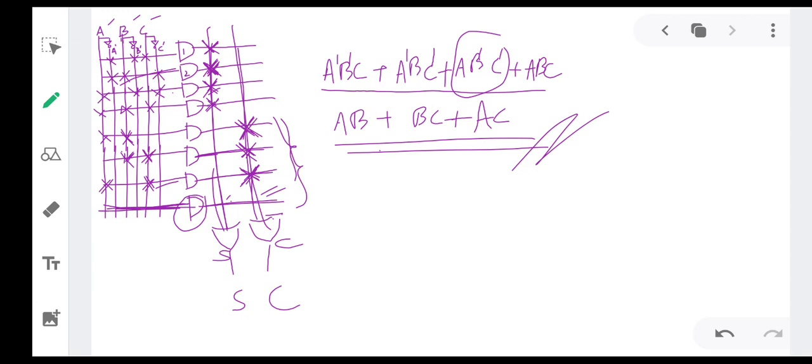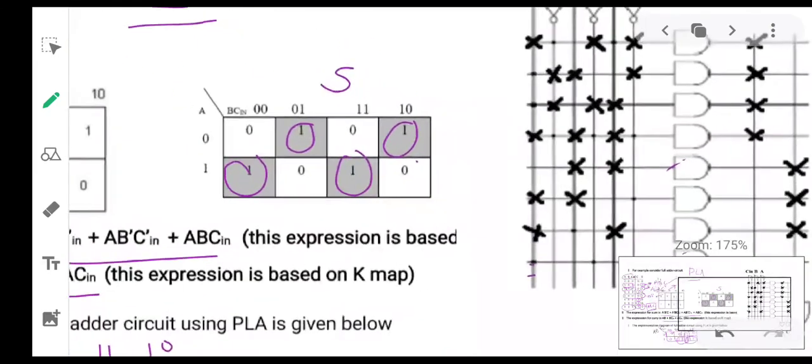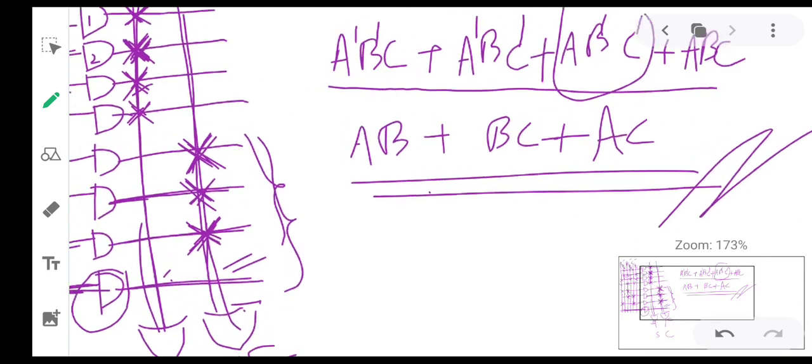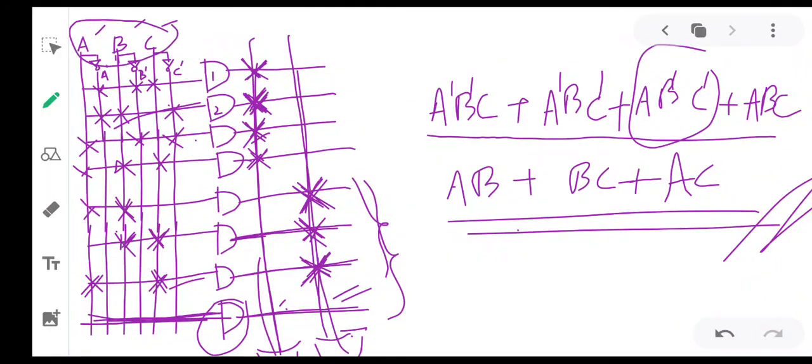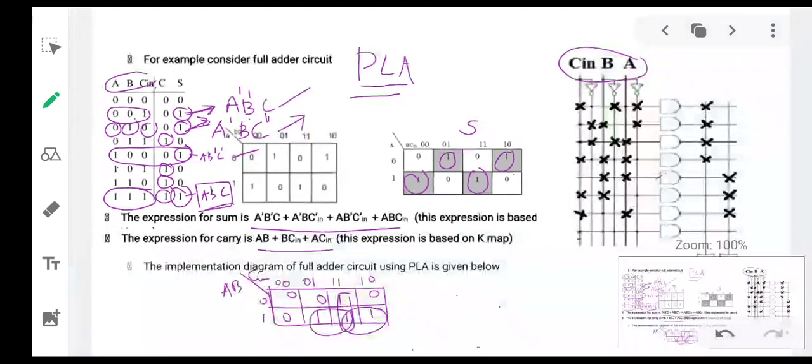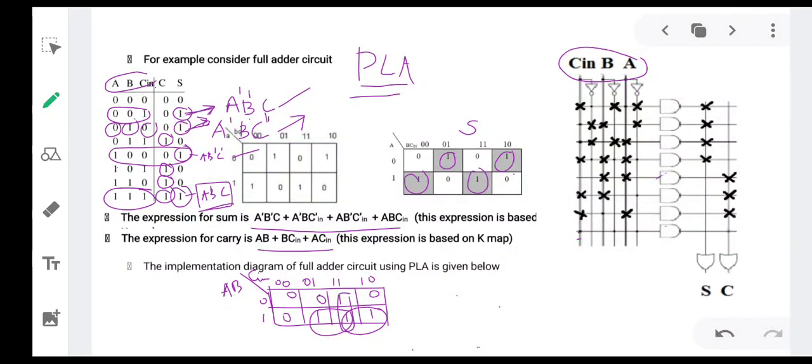Then you will get this circuit representation, or logic diagram, for the full adder using PLA. Here I have chosen the order CBA, and in this one I have chosen the order ABC. Anything you can choose, no issues. So this is the expression for sum as well as carry.